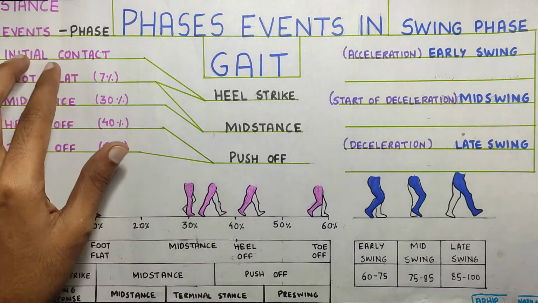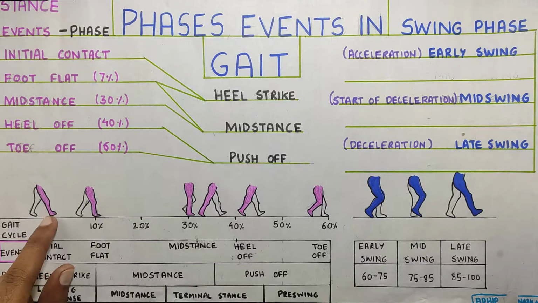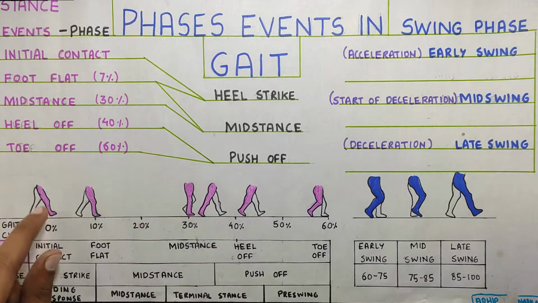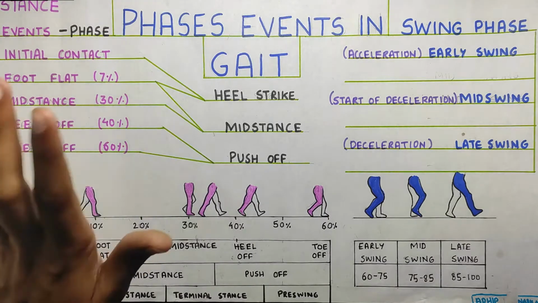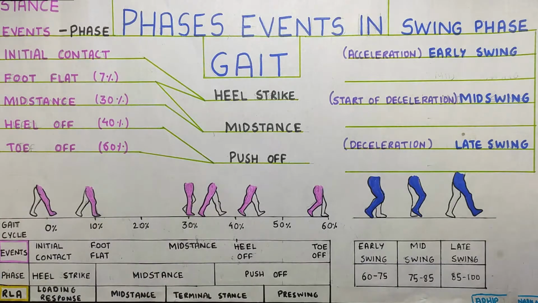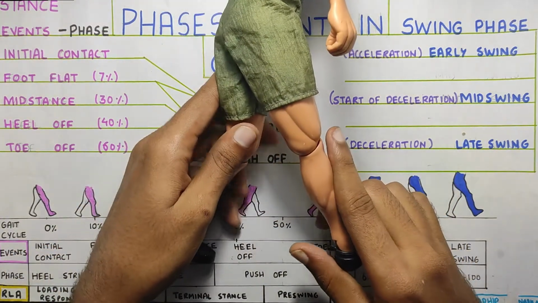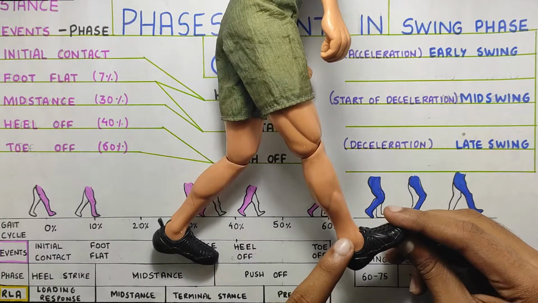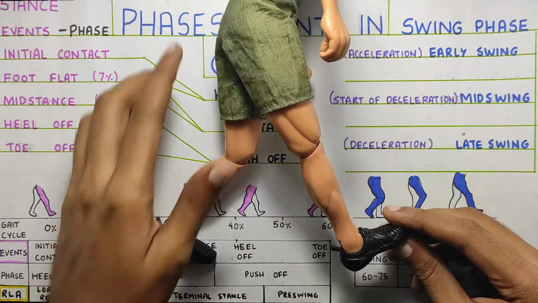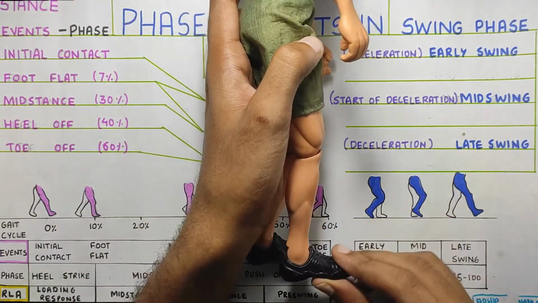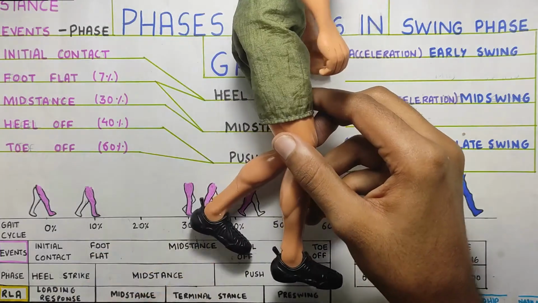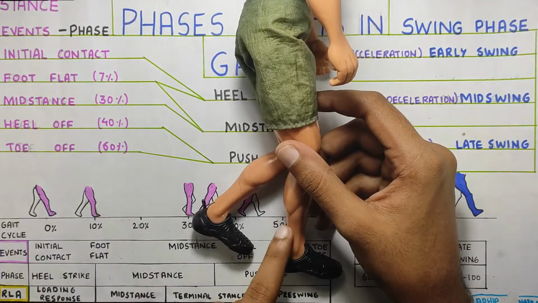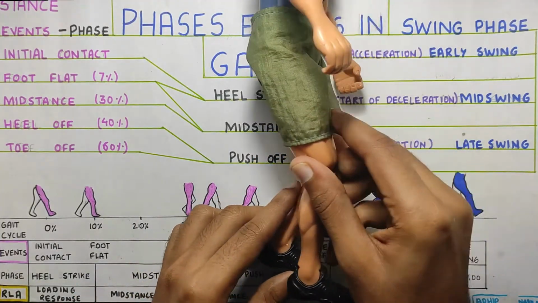Okay, so first there is the initial contact. If you can see over here, this is the initial contact where you just put the foot on the ground, after which it is the foot flat, where your foot becomes flat. Next step, right? If I take Joe over here, this will be the initial contact where he strikes his right foot on the ground, after which there is foot flat. That means he'll go slightly ahead and his foot will be flat on the ground, whereas the other leg will be in the swing phase right now,